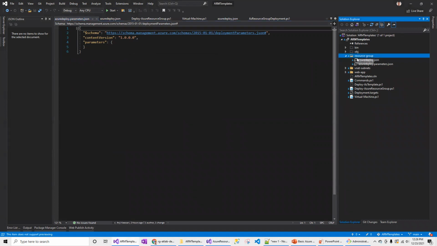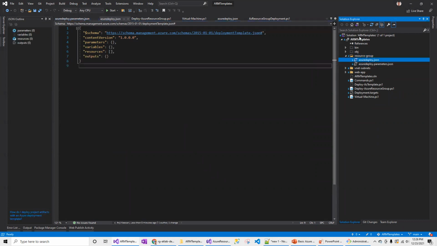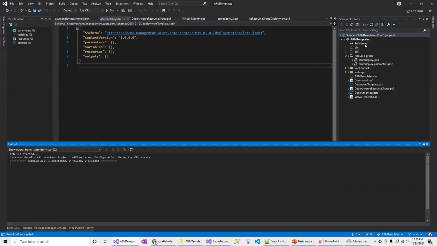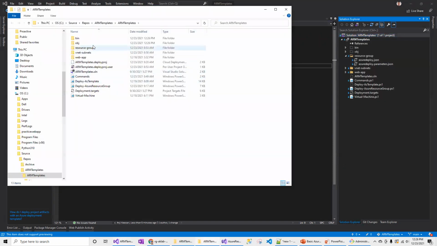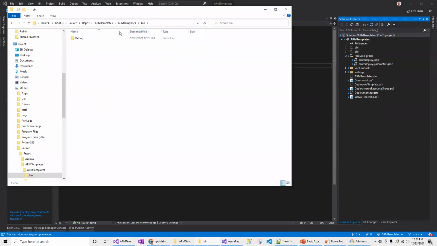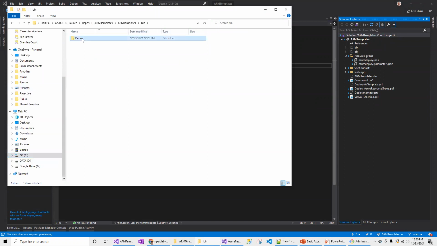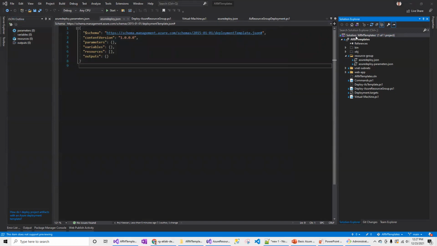So as I mentioned, I create a folder called resource groups here and also add these empty files and make sure that you build the project. So ignore these files, I'm going to talk about them in the subsequent videos. Once you build this, go to the folder explorer in the bin folder, and you should be able to see the OB staging folder with the RM templates and the resource group and these two files. So make sure that you validate this staging folder to make this project work as expected.